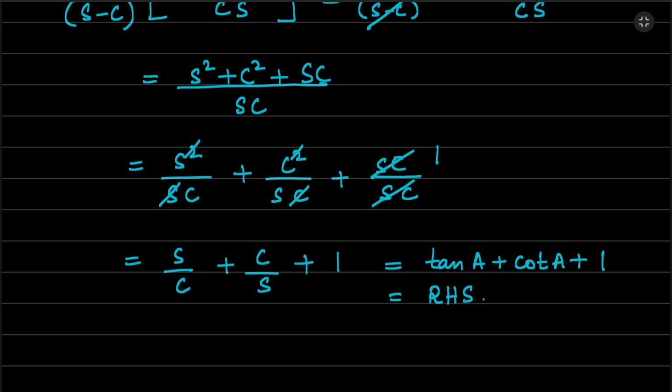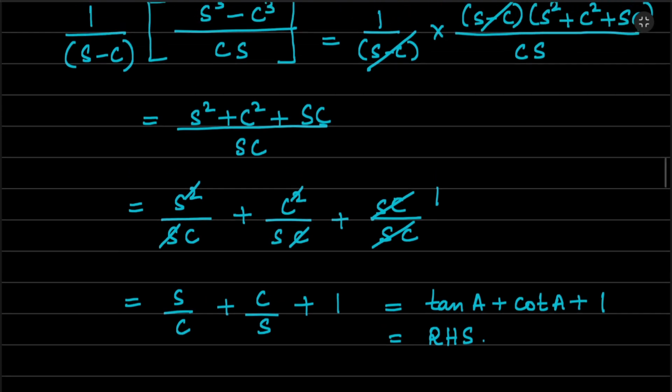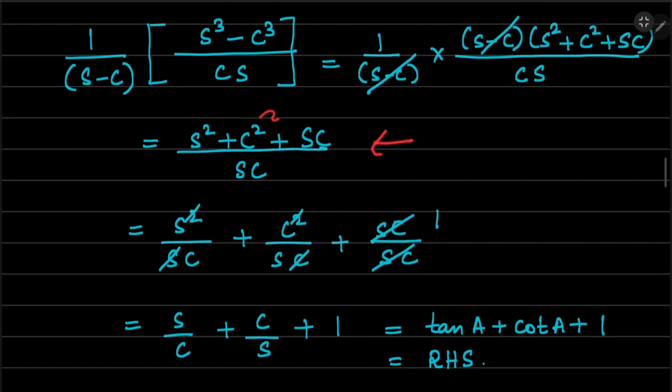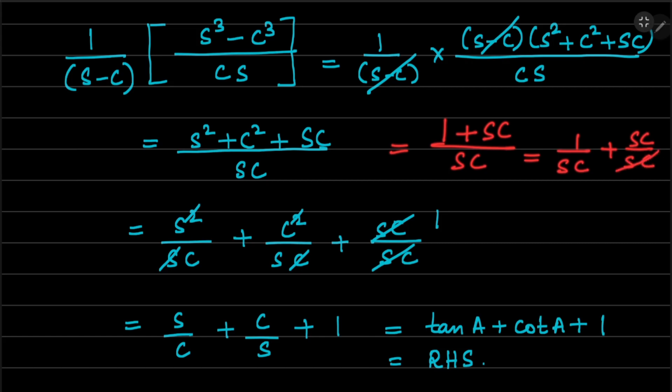Now, many students make a mistake. Once they reach this point, they write sine square plus cos square as 1. So it will become 1 plus sine cos divided by sine cos. So this will be 1 by sine cos plus sine cos by sine cos. This will become 1. So this is nothing but 1 over sine, which is cosecant, multiplied by secant, plus 1. If this is the identity that you have to prove,